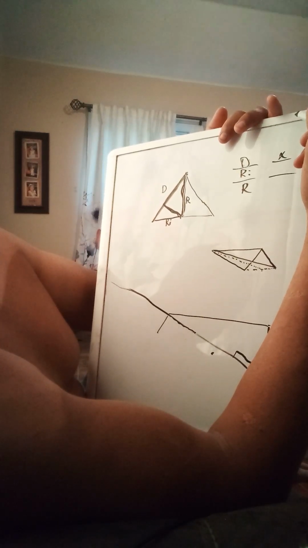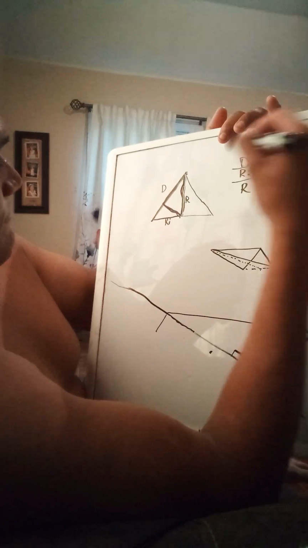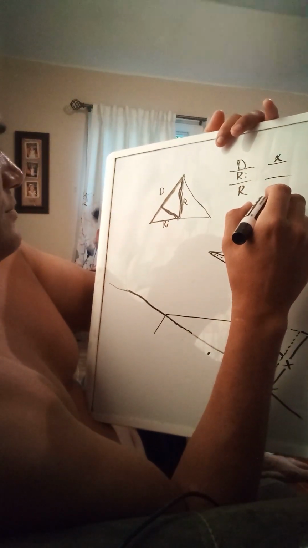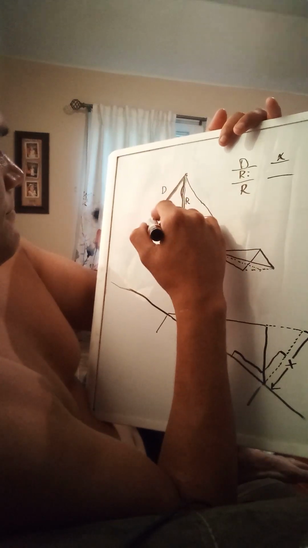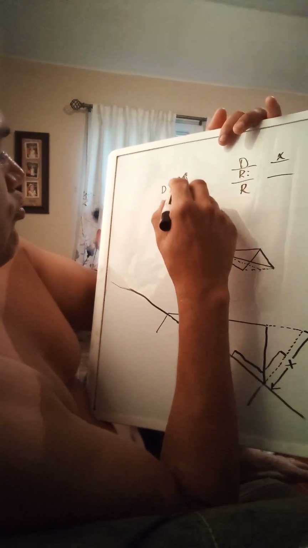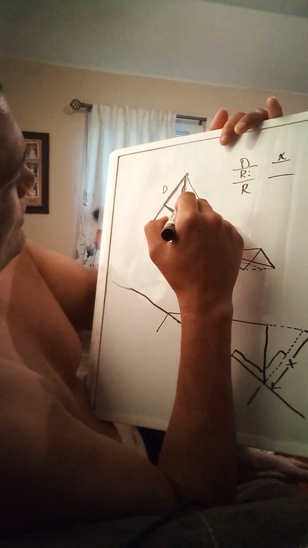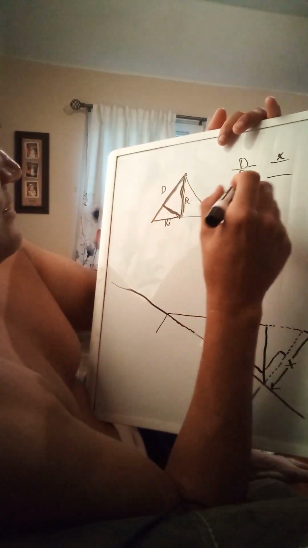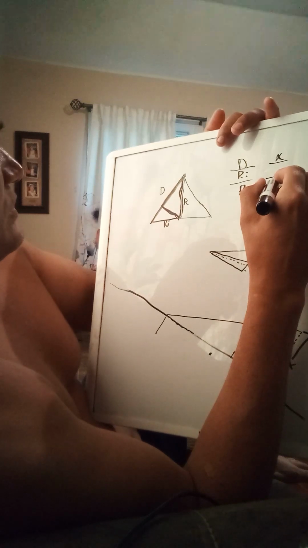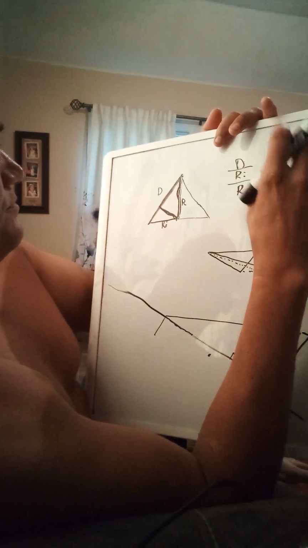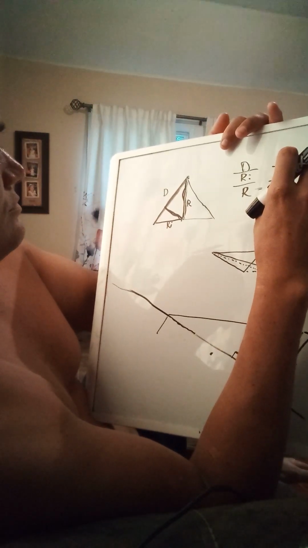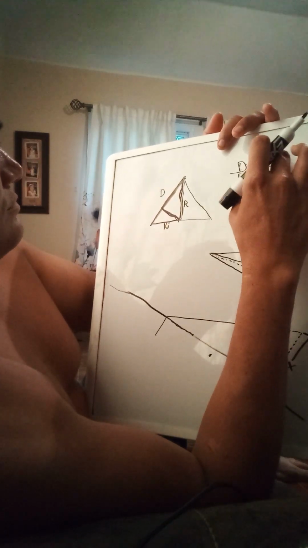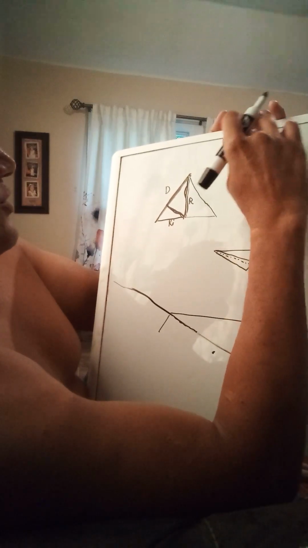I guess if I stare at it long enough. Diagonal, small triangle. So the run of the big triangle here ends up being the diagonal of this one. Okay, so if we're using numbers, let's